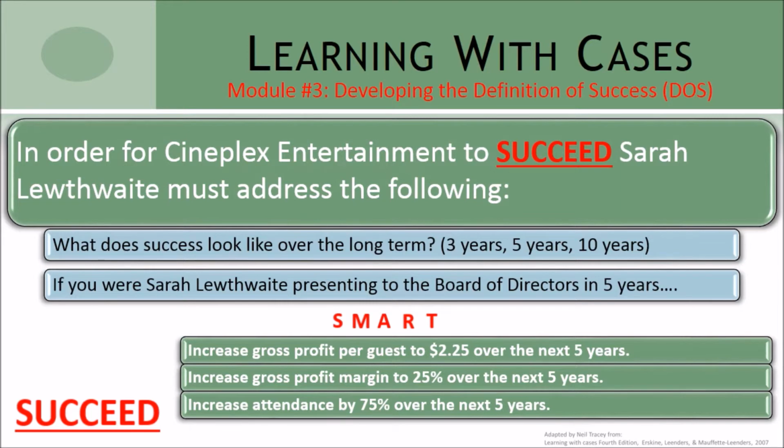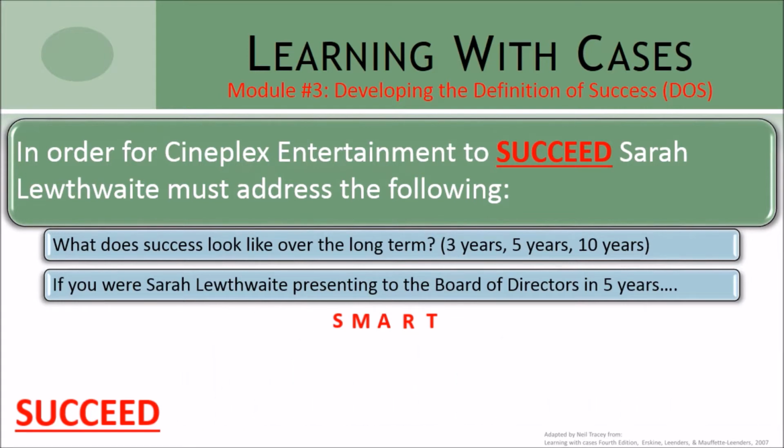Similarly, if we simply look at improving our gross profit margin from the current 14% to a target of, say, 25%, would we be able to consider that success? Again, it's possible to improve our gross profit, but lose total guest visits, thus resulting in a reduction in our overall profit dollars. Would we consider that a success? So, when we look at our definition of success, we want to ensure that it's looking longer term, that it's smart, and that it's moving us forward as an